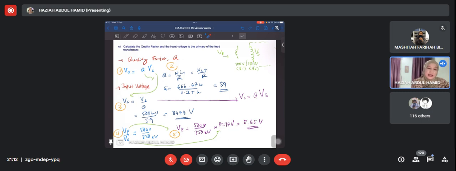The question asks for the input voltage to the primary. This here is the primary, this one is the secondary. We already obtained this one, 8474, so the voltage here can be obtained by this relationship. That's why 500 divided by 750 is our transformer ratio. VP and VS are the primary and secondary voltage. By manipulating this formula, I get the input voltage to the primary side is 5.65